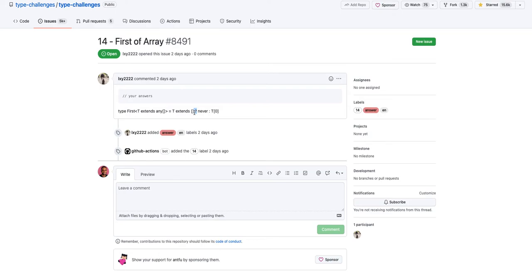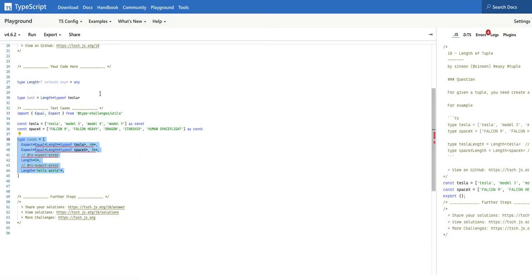If the array was empty, we wanted to return never. If the array wasn't empty, we just wanted to index into the first element of the type and return the value of that first type. So that was it. And my guess is we're going to be doing something very similar in today's challenge, because